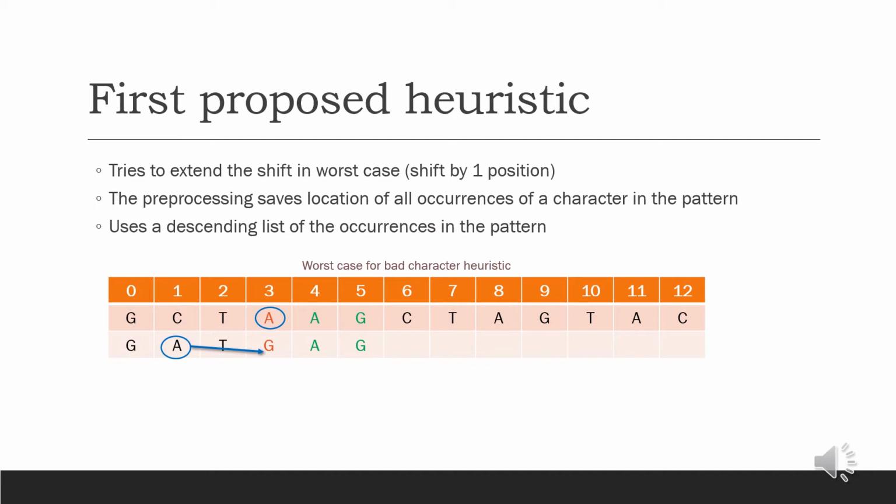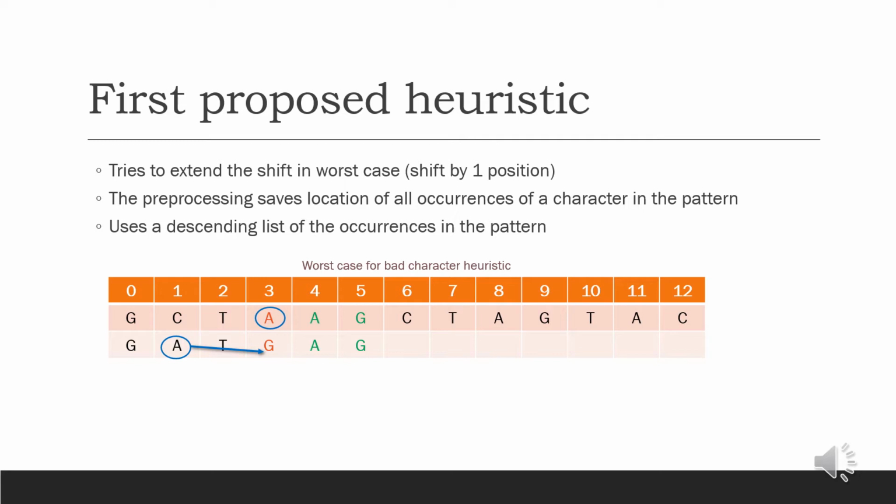In our heuristic, we save all occurrences of a character in a list, in descending order by index. That way, we ensure that we shift the pattern enough so that the mismatched character from the text aligns with the next occurrence of the same character from the pattern, and not only the rightmost one. In that case, we don't necessarily move the pattern only by 1 place to the right, but we might make